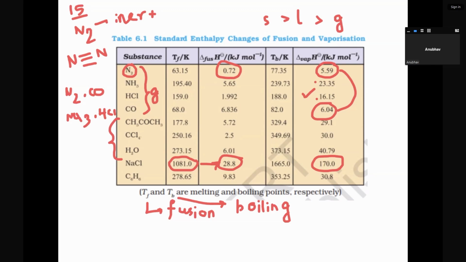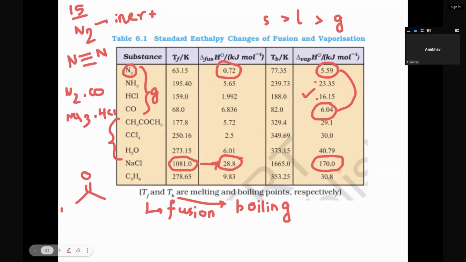As we have anticipated in case of water, just like we said in the last class, the intermolecular interaction by the network of hydrogen bonding is highest in case of water. So it will have the highest delta H vaporization value. Now you can ask a similar question, why in case of acetone the value is not the higher one? Because you see in case of acetone, though there are hydrogen atoms present, they are not polar enough to undergo hydrogen bonding. If I draw the structure of acetone over here, this is acetone,